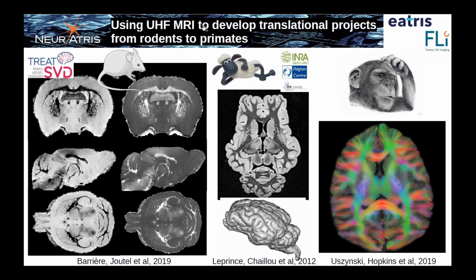And of course, ultra-high field is compatible with translational projects because you can use ultra-high field from rodents to primates. So here on the left, you can see a kind of study that was conducted in the frame of an RHU project in France, where we were able to establish the myelin weight fraction maps of mouse in CADASIL syndrome. CADASIL syndrome is a kind of degeneration of the microvasculature that leads to dementia. And some biological hypotheses tell that the corpus callosum, which is that big white matter bundle connecting the two hemispheres, has abnormal myelin